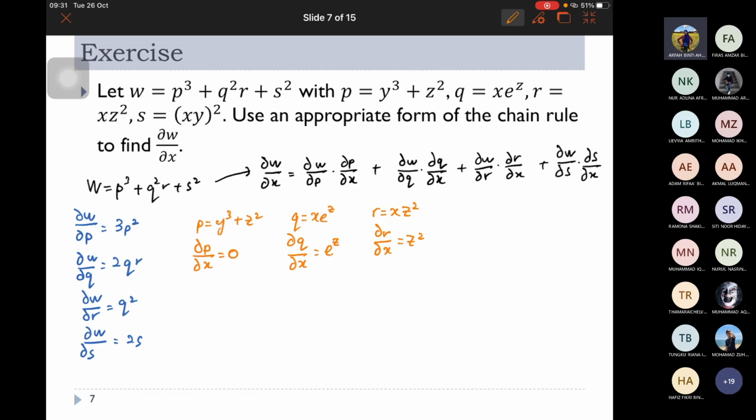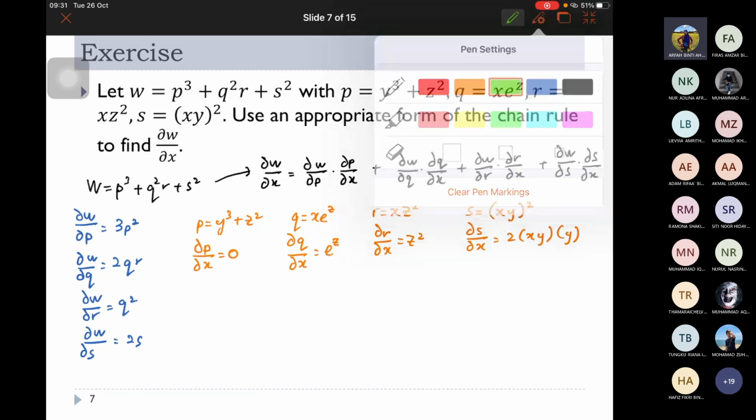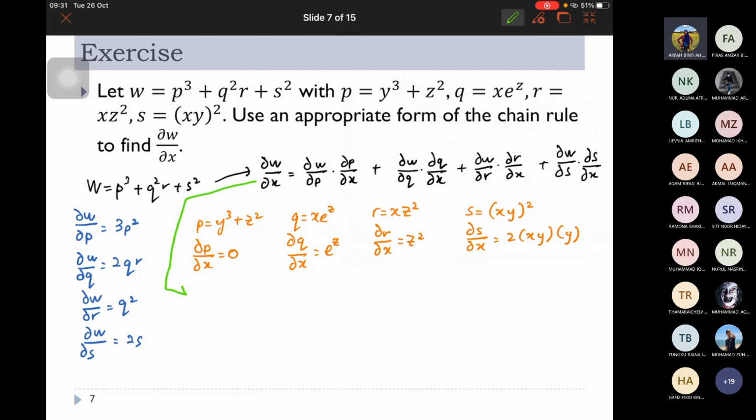Delta R over delta X. So W S sama dengan X Y squared. Delta S over delta X equal to 2 XY multiply with Y. Okay. So masukkan dah dalam the equation. Substitute everything in the equation. Then kita akan dapat